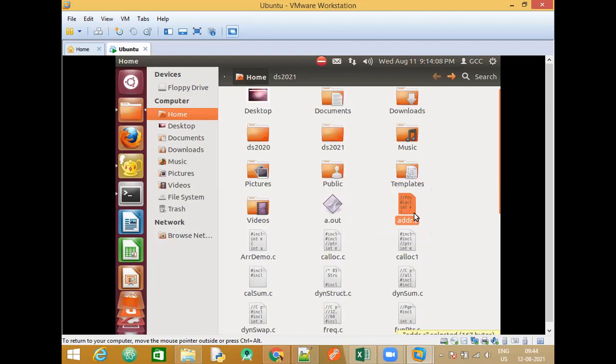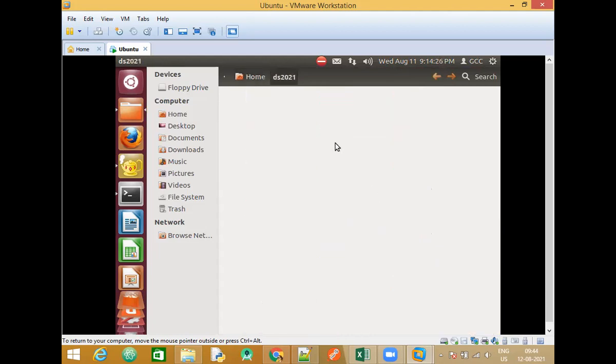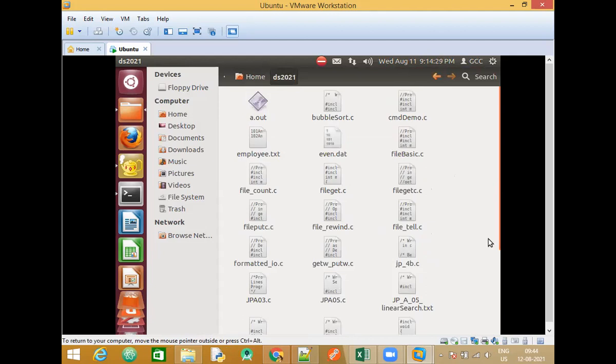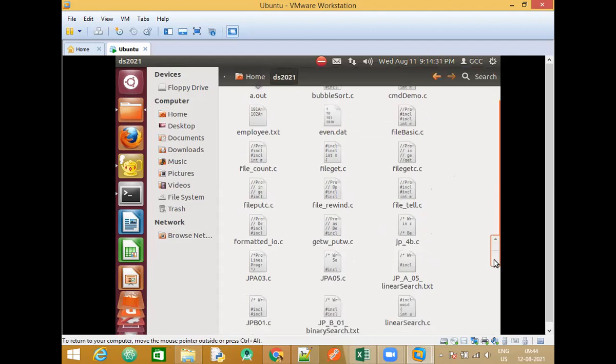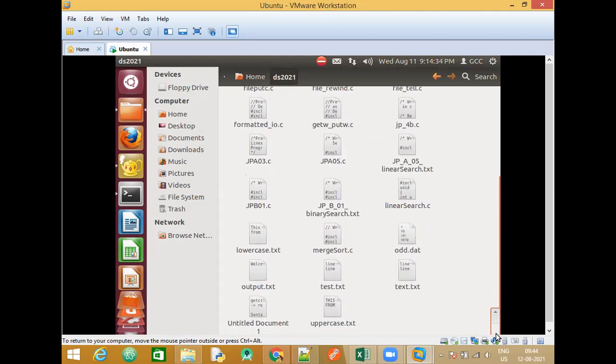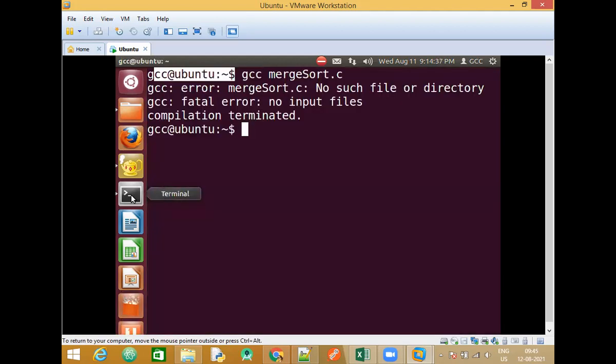Files are these. These icons in yellow color or the orange color, they are called as folders. These are called as files. Text files or .c files that we have created. Now if I want to execute my file, I need to go inside this folder. Here see, do you have any merge sort? For that, what I am saying is, from the home directory, change it to that folder with the same name. I need to give the same name.